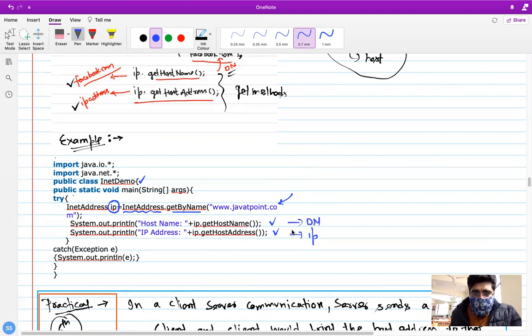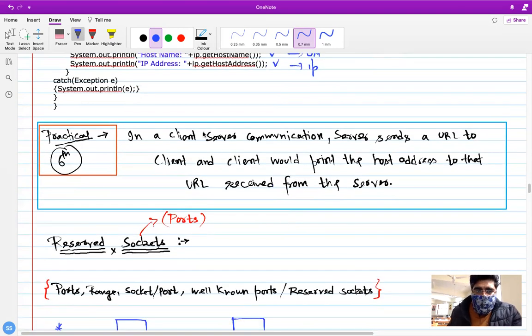But what is the use of that? I'll suggest you pause this video and read this practical. I'll explain it also, but please pause this and read this practical. So in this practical, there is client and server communication. Server sends a URL.